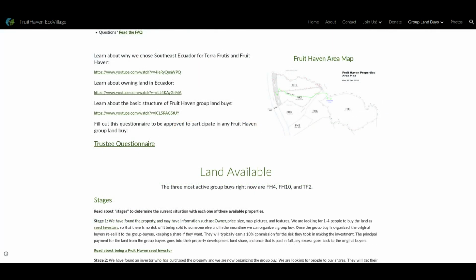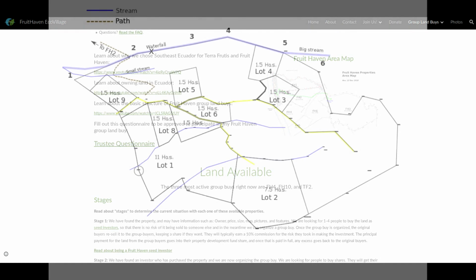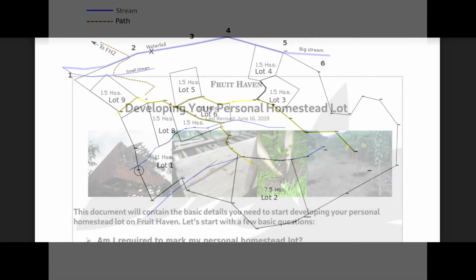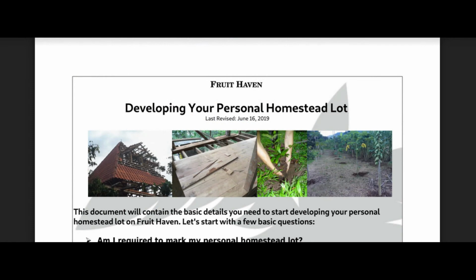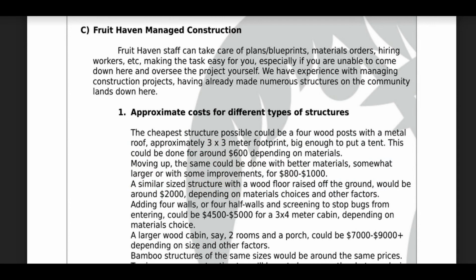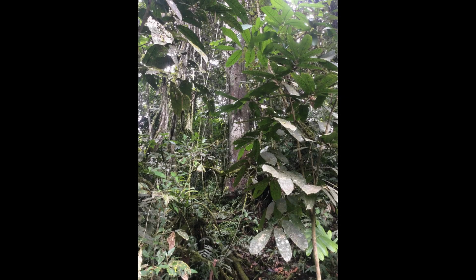So we buy a big rural piece of farmland. We specifically look for buyers who are aligned with our community vision. Each owner gets a personal homestead lot which they can develop as they please. The development of their lot is funded solely by that owner. We set aside one portion of the land as the natural reserve, which remains untouched, and another portion as the